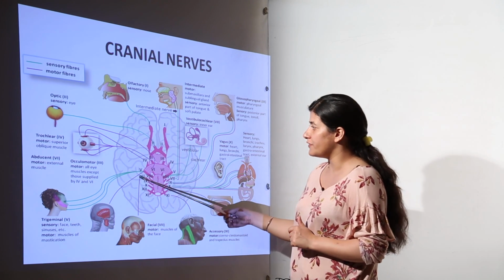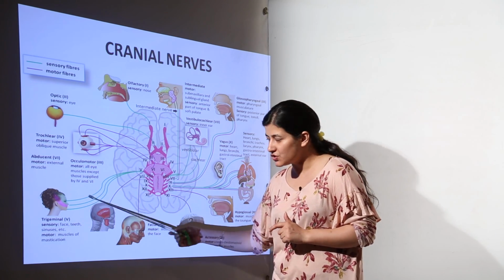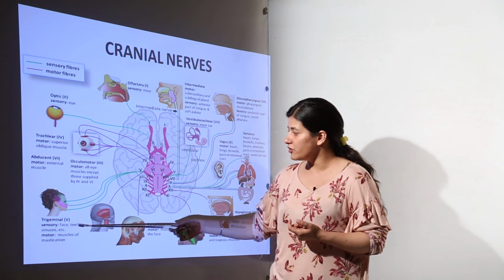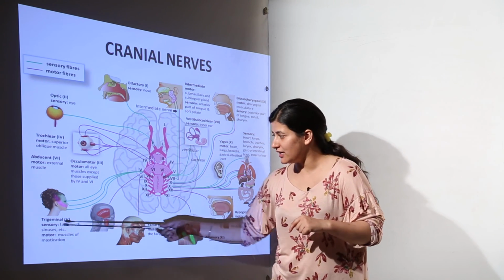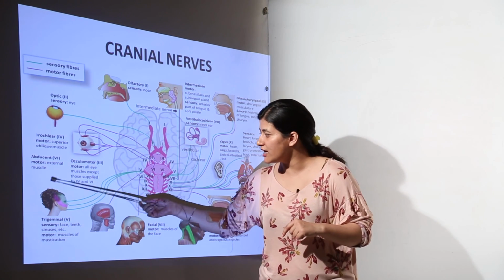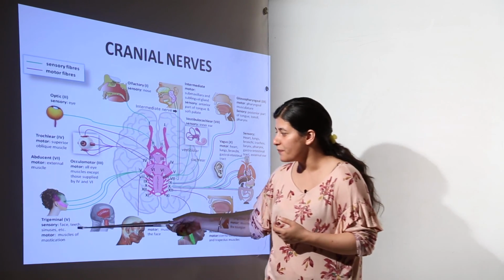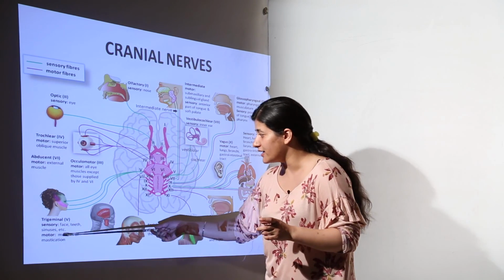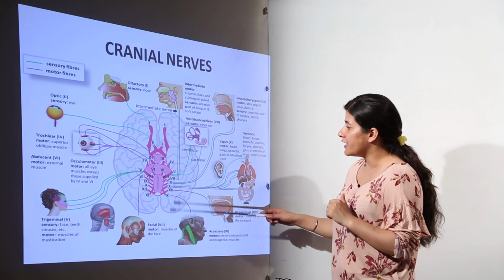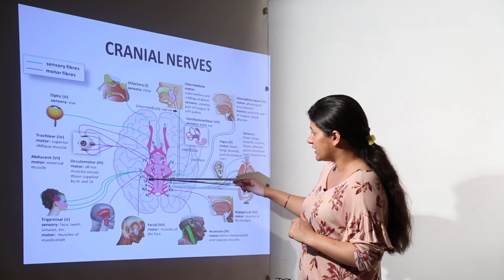Now we come to the fifth one, that is trigeminal. As you can see, trigeminal has 3 innervations, but all of them are sensory. It goes to the face, teeth, sinuses, etc., eyes also of course, and its function is to take up sensory signals from here. It also has motor functions, and for that it innervates the mastication muscles which are present in our mouth.